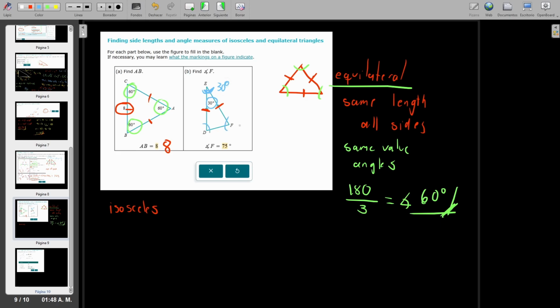These two angles, angle D is going to be the same as angle F. How can we find this? As these two are the same value of angles,